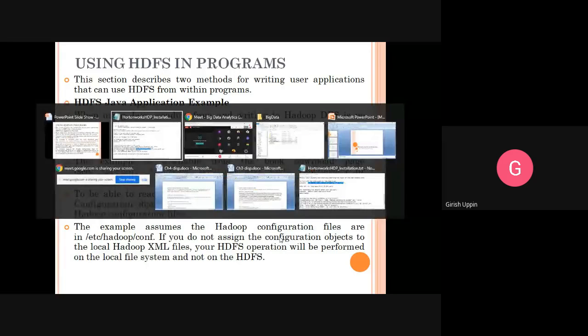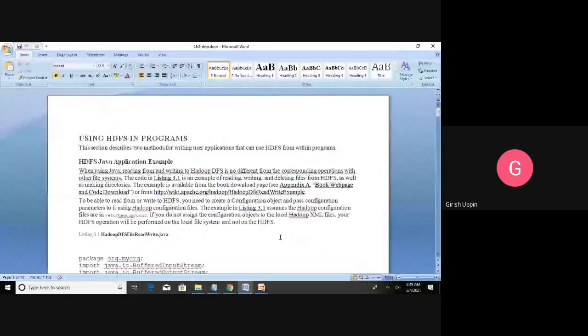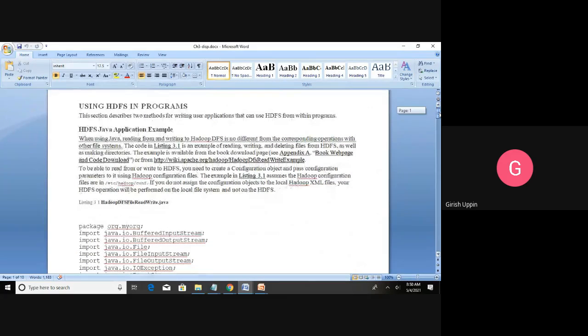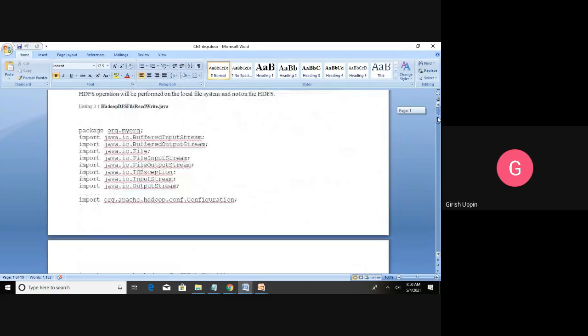So I will show you the code. This is the example, HDFS Java application example. Here we will just walk through the code.